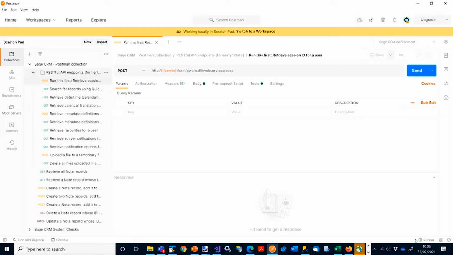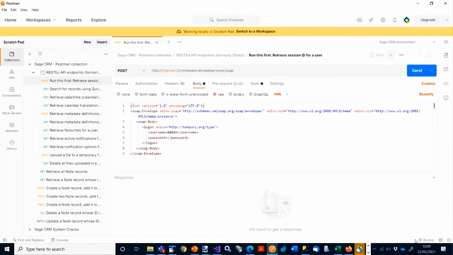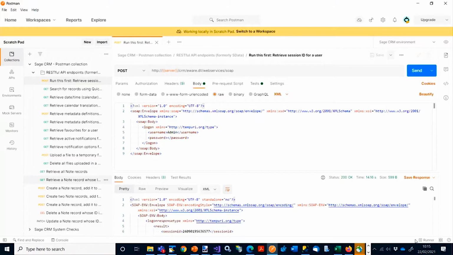The newly supported endpoints are grouped in a subfolder within the collection, and the new endpoints are designed to use a session ID. This token needs to be obtained by creating a session, and this is done by using the SOAP web service. When using the new endpoints, a call to create a session ID must first be made. If the Postman collection provided by Sage has been imported, then the environment used within Postman will pass the session ID to each subsequent RESTful API call.